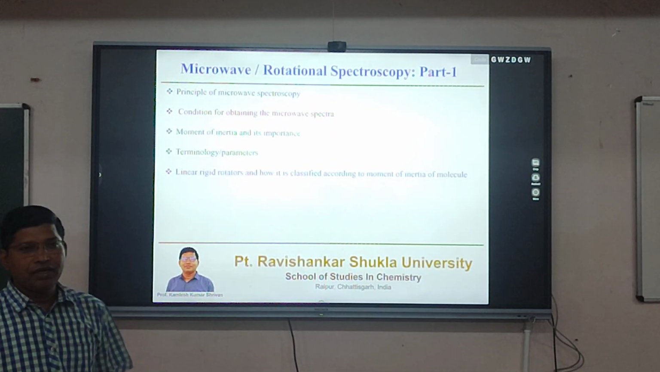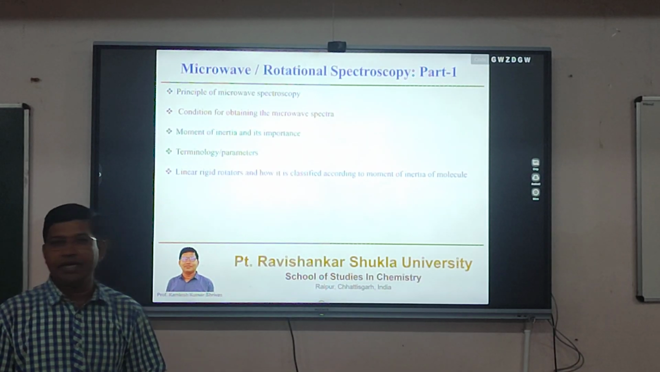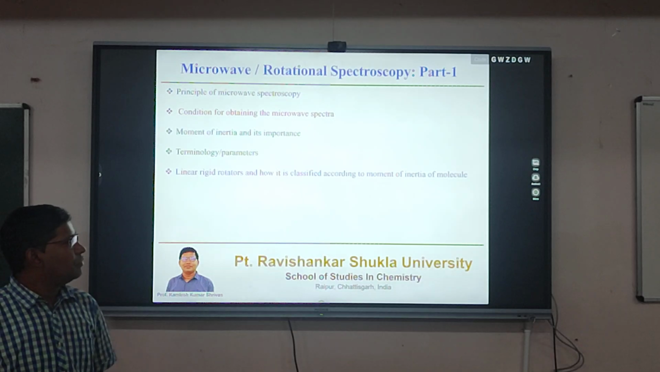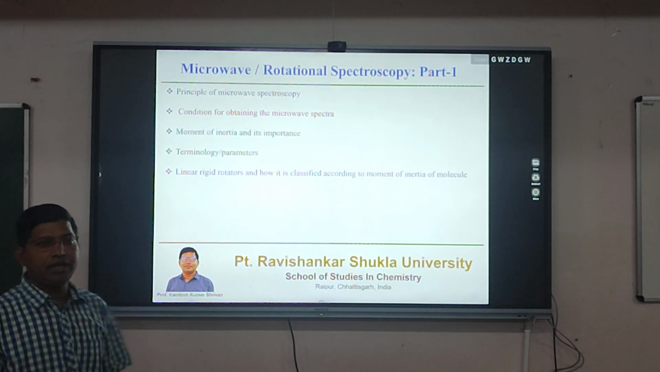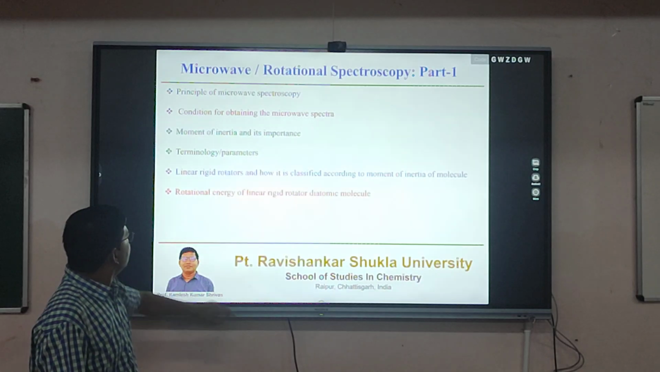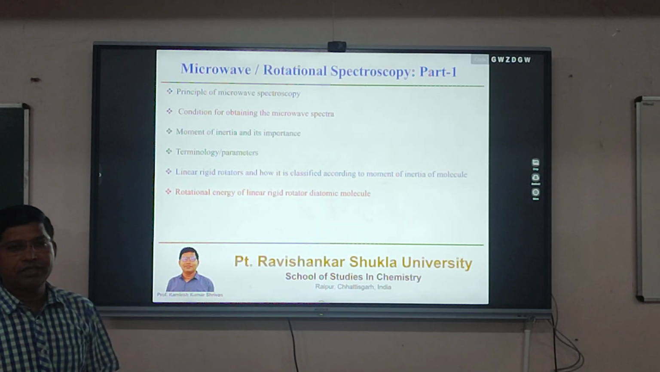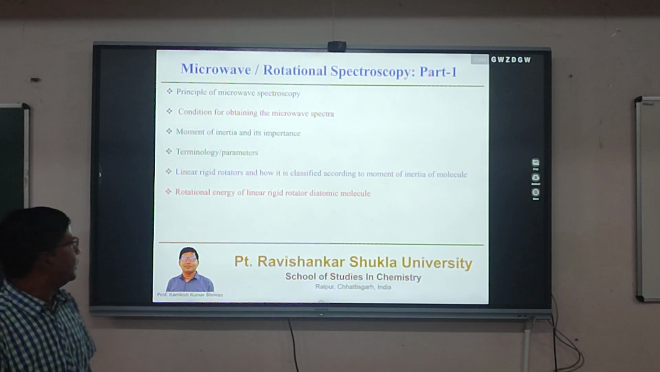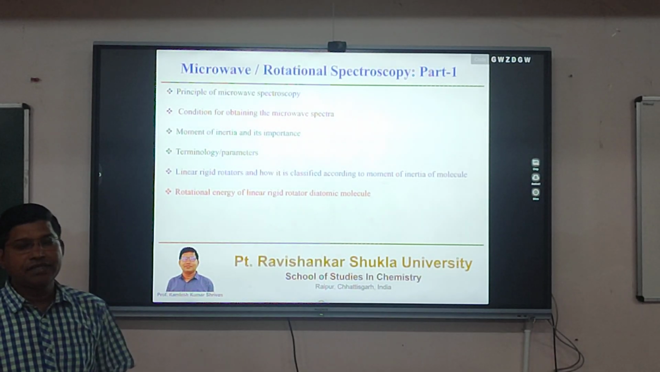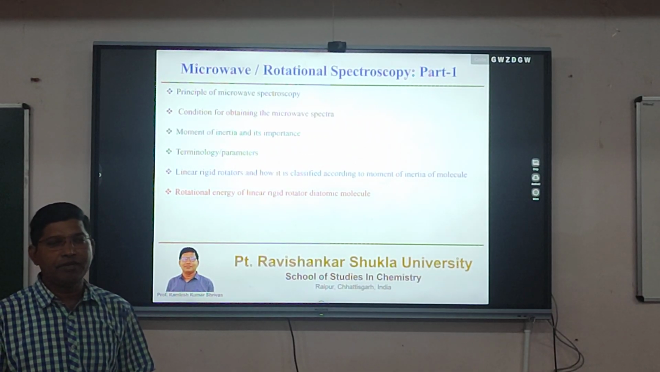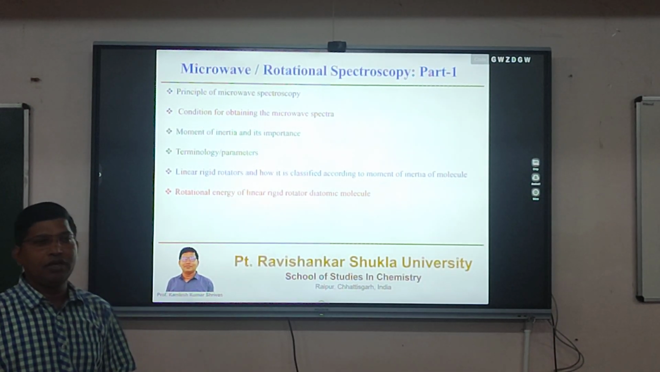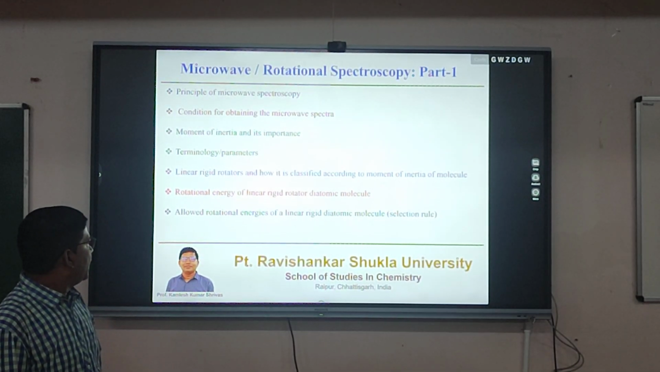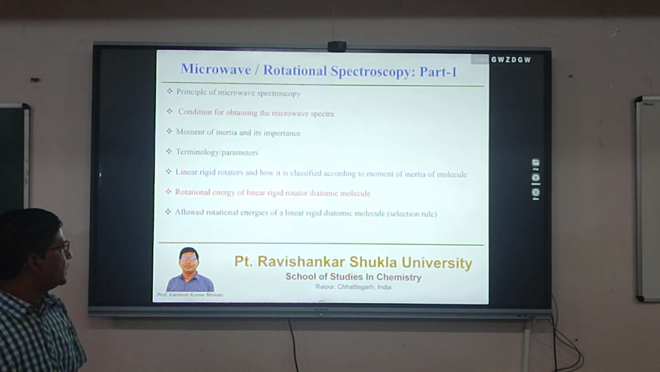Then we will learn what a linear rigid rotator is and how it is classified according to the moment of inertia of the molecules about different axes. Then we will understand the rotational energy of a rigid rotator diatomic molecule, and we will consider these linear rigid rotator diatomic molecules as ideal molecules for the determination of energy, and we will understand the allowed rotational energy of